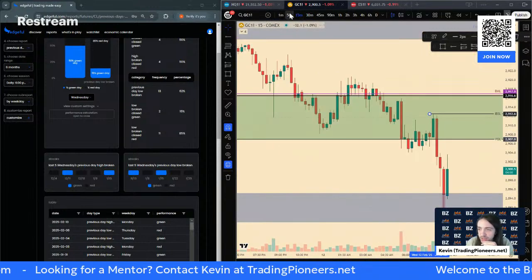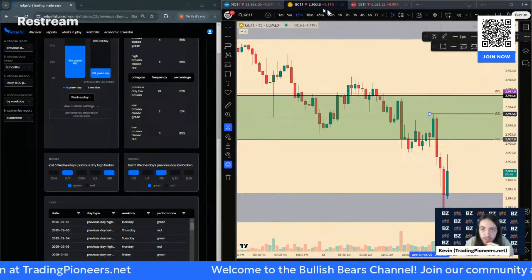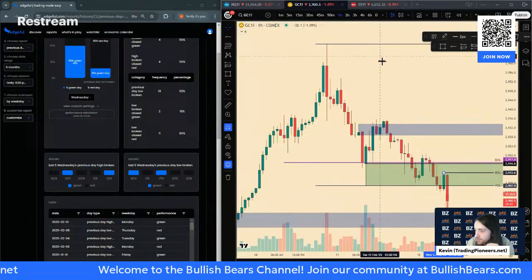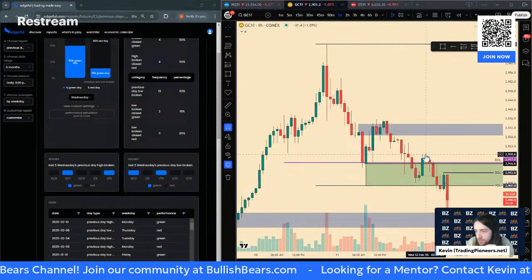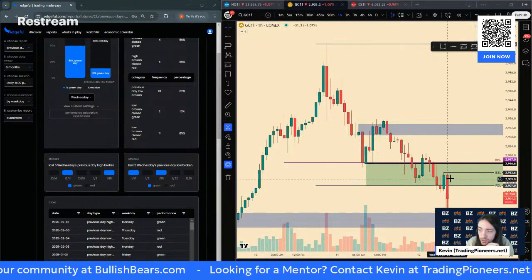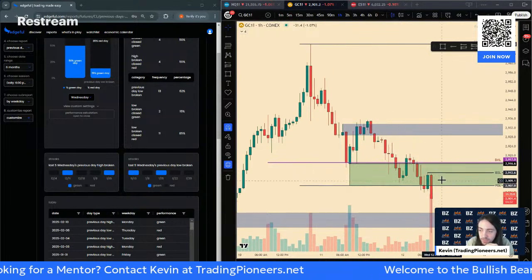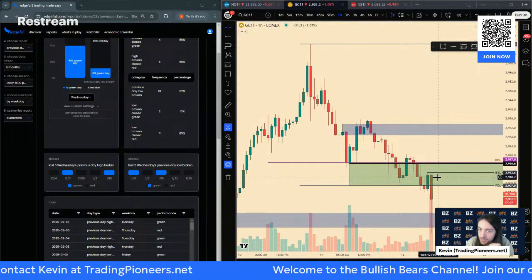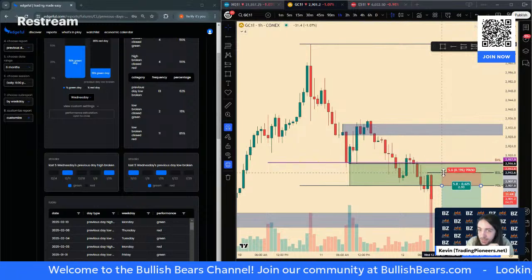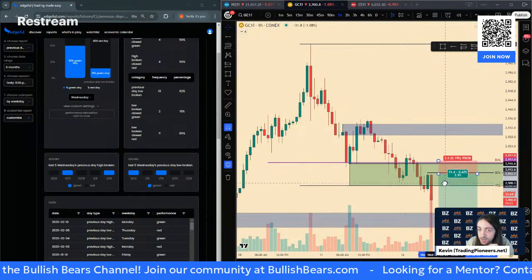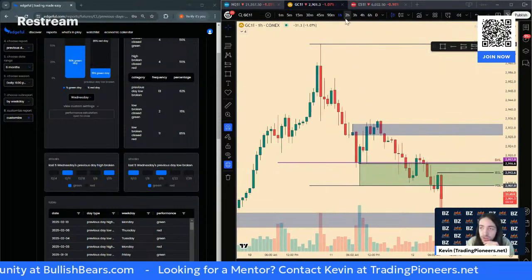Internal buy-side liquidity. Because you could only really see this pivot on like a 15-minute, a 30-minute, and lower. If you go to the hourly, you're not really getting a pivot there. If you're looking for a pivot, the pivot would be up here on the hourly. So very strong area on the lower time frame right there. If we could close below, look for a retest, and if we hold that internal buy-side liquidity, then guess what? That could work as our stop loss. If we do break it and start to reverse, then it'll work as our entry. So one or the other, that's sort of what we're looking for on gold.